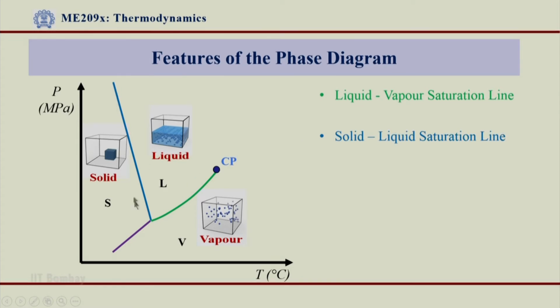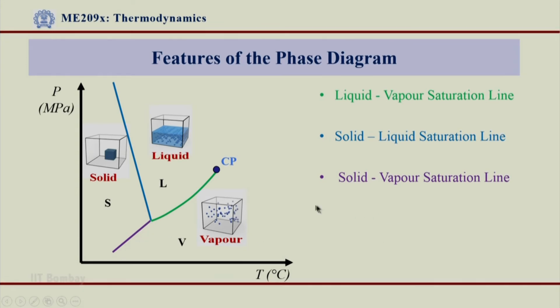Then concentrate on this line, which depicts the phase transition from solid to liquid region. This is what we call the solid liquid saturation line. Again we say that solid and liquid coexist here together, they are in equilibrium, and that is why we call this the SL line or SL saturation line. And the third line of this Y is this leg, which is the solid vapor saturation line. Again, at lower pressures and lower temperatures, if we increase the temperature here, we go straight from the solid to the vapor region, and this is the SV line where solid and vapor exist together, in equilibrium.